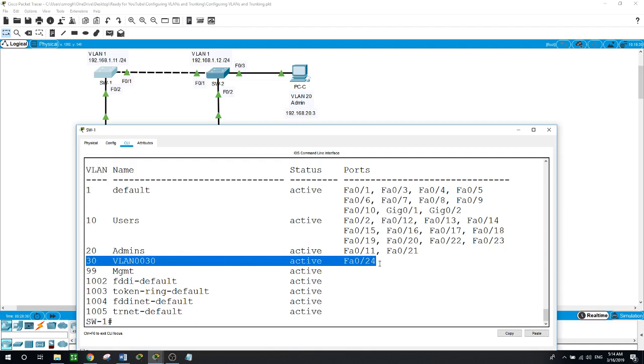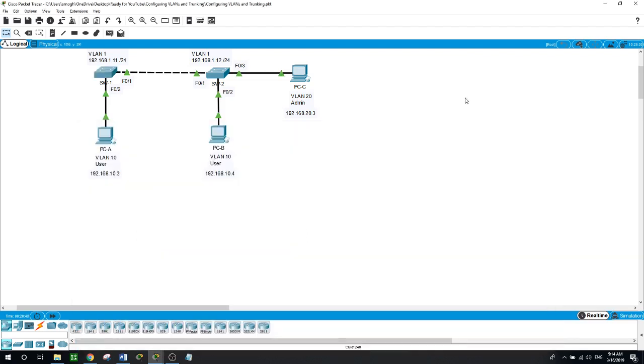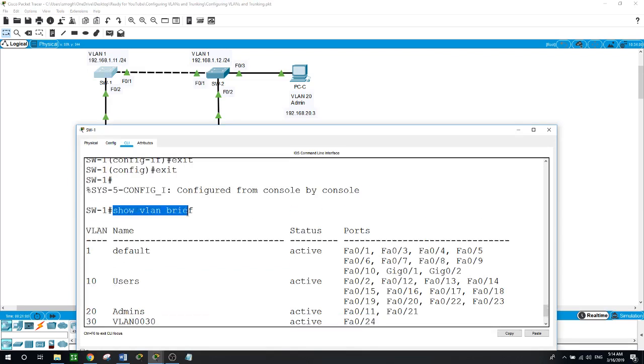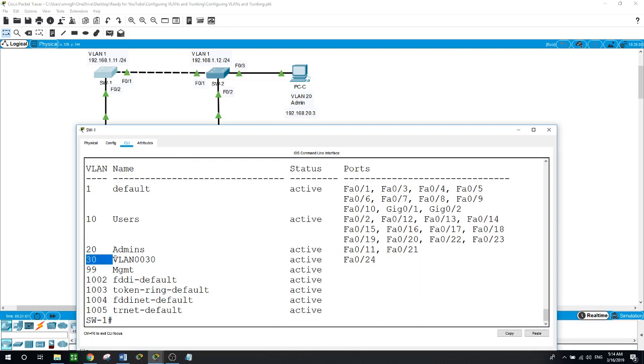it for us. The switch will create VLAN 30 for us, as the current technology no longer requires that the vlan command be issued to add a VLAN to the database; assigning an unknown VLAN to a port creates the VLAN in the VLAN database. Let's verify by issuing show vlan brief, and this is showing us that it created VLAN 30 for us, and with the port we assigned to it